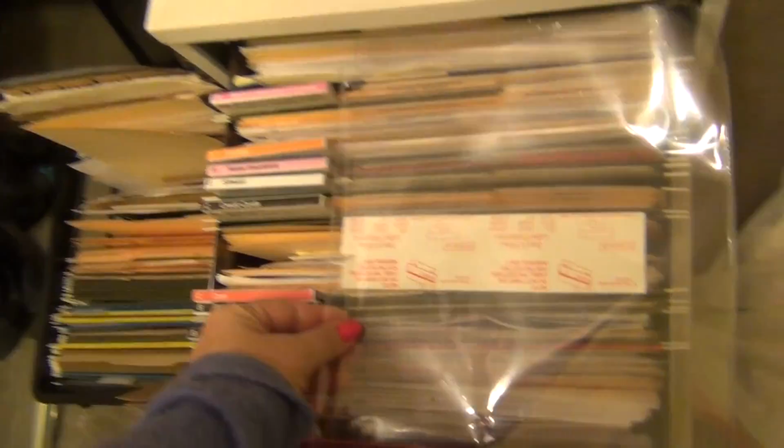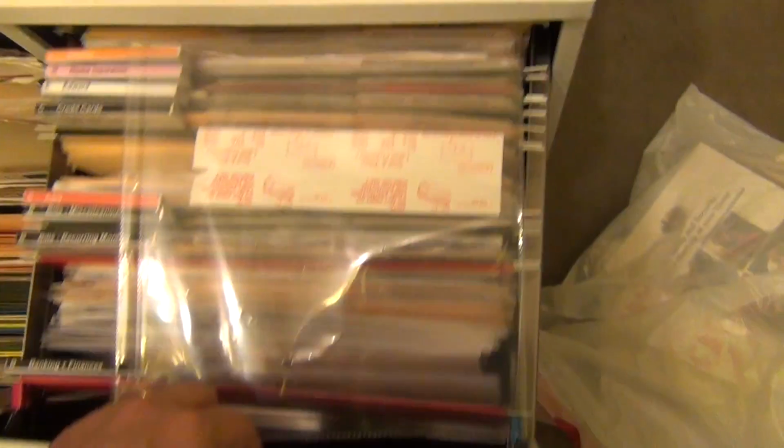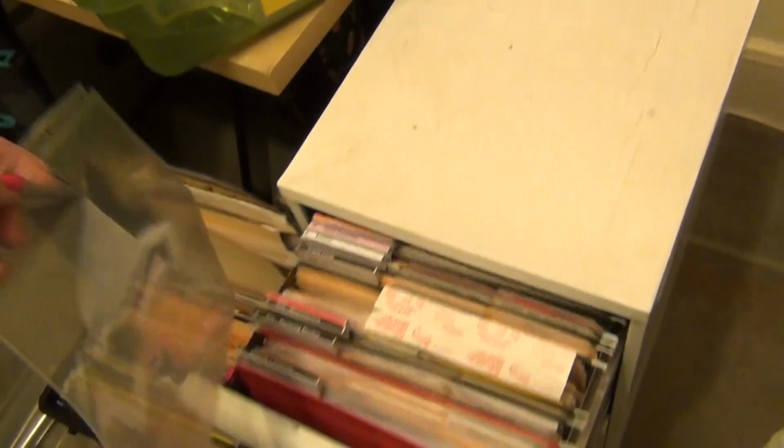take one of those plastic sleeves, basically what happens is that I just put a plastic sleeve right here, right? And when you open the drawer, you have the key inserted in it, and it tells you everything that needs to be there. Though, quite frankly, since I'm the one who put this thing together, if anybody's looking for something, I can probably find it in less than 15 seconds, because it's pretty much organized by alphabetical order and dated. So anyway, I think I'm going to stop here because I've worked...